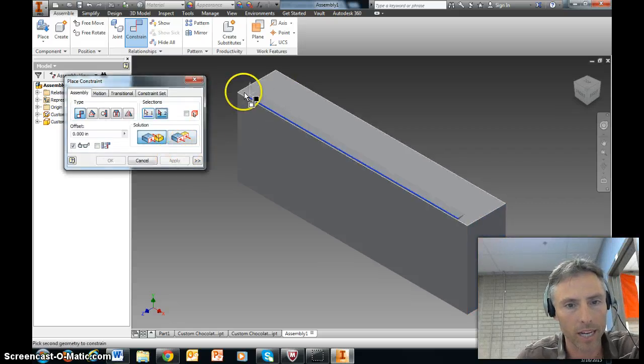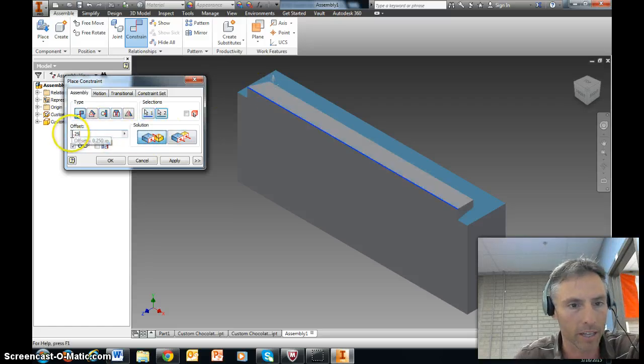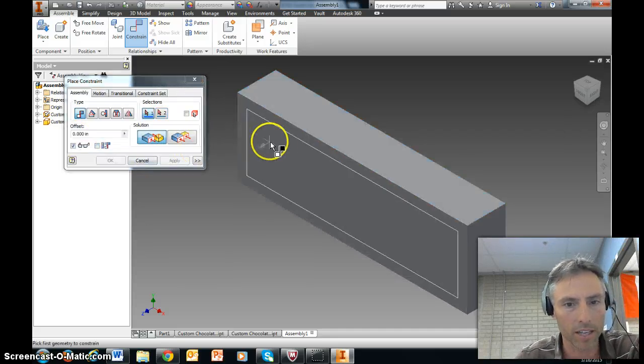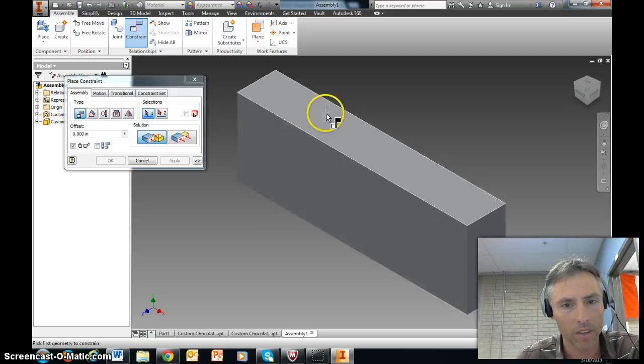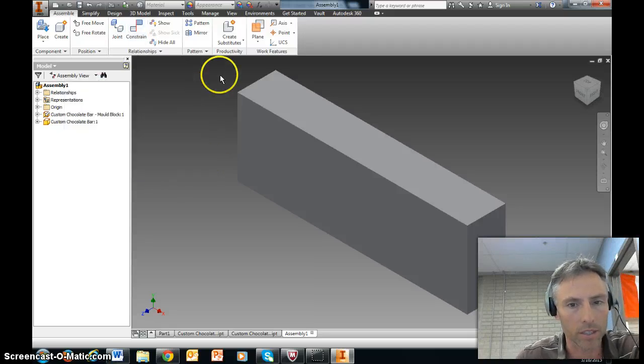And same thing from the top edge to the top face, and then put it in 0.25. And it came up again, so I'm going to hit negative and apply. And although you can't see it, I should have changed the color. It is sitting right here, and it's inside the other material. Okay, so what we need to do at this point is just say we're done with that,